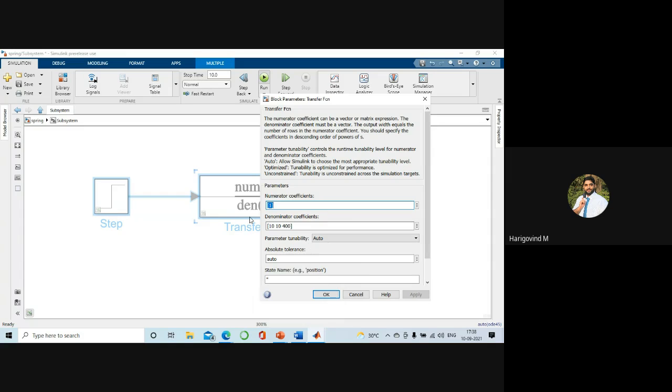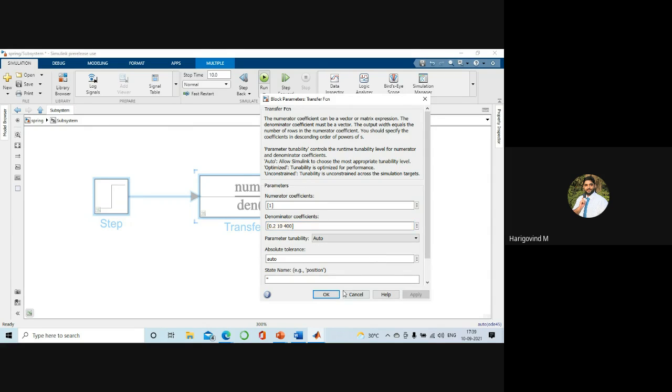That is the equation. If you convert that into a transfer function, just by giving the coefficients, say m is 0.2, c is 10 and k is 400,